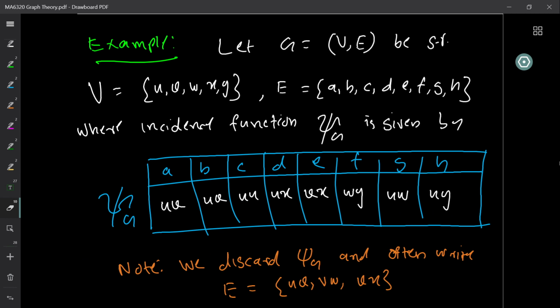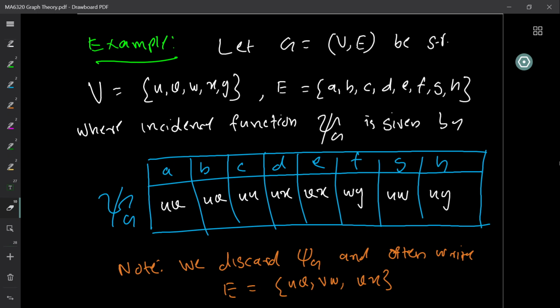Now here is another example. Let G be (V, E) with the vertex set {u, v, w, x, y}, and the edge set {a, b, c, d, e, f, g, h}. So we have the five vertices u, v, w, x, y, and then we have the edges a, b, c, d, e, f, g, h. Now the incidence function again, psi G, is given by a is mapped to uv, or {u, v}. b is also mapped to uv. c is mapped to uu, d to ux, e to vx, and f to wy, g to uw, and h to